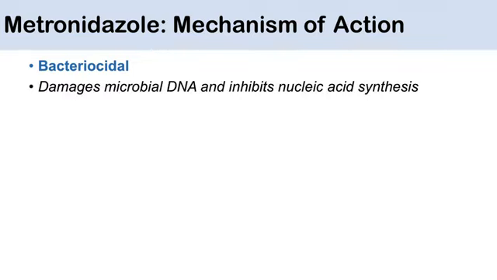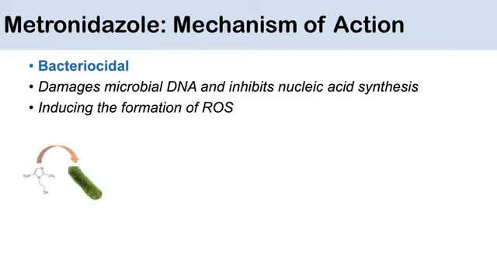So how does metronidazole work? What is its mechanism of action? Metronidazole is a bactericidal antibiotic. It is bactericidal through its ability to damage microbial DNA and its ability to inhibit nucleic acid synthesis. And it does these things through its ability to induce the formation of reactive oxygen species, or ROS. So when metronidazole comes into contact with a bacteria, it can easily diffuse through the bacterial cell membrane due to its small size. And it can actually diffuse into both aerobes and anaerobes, but it only has effects on